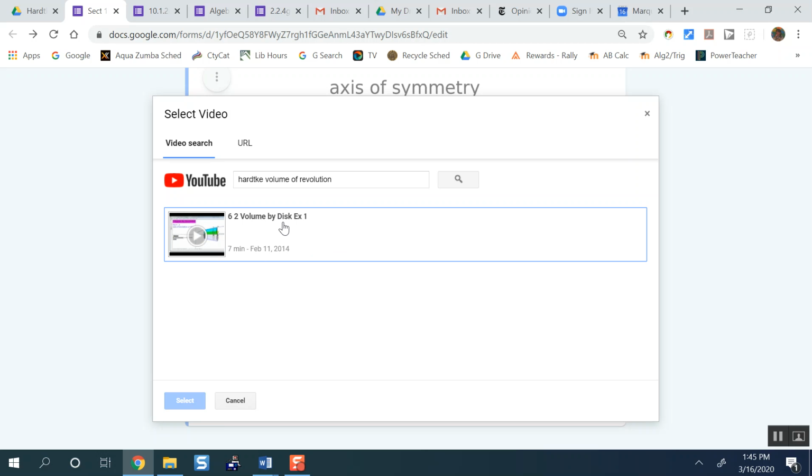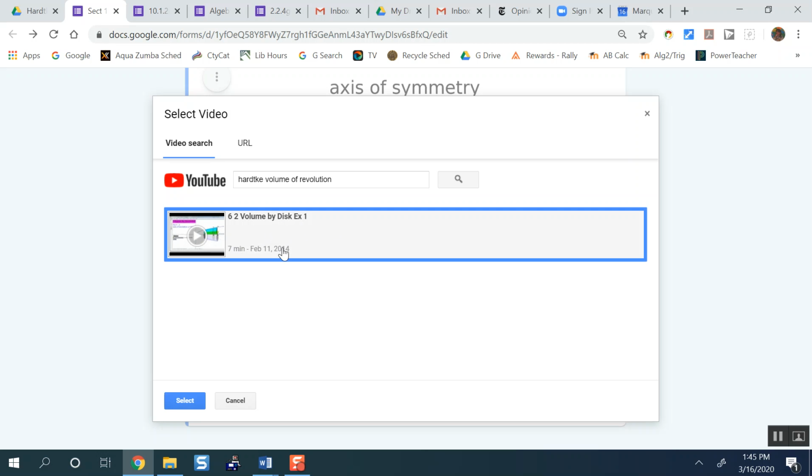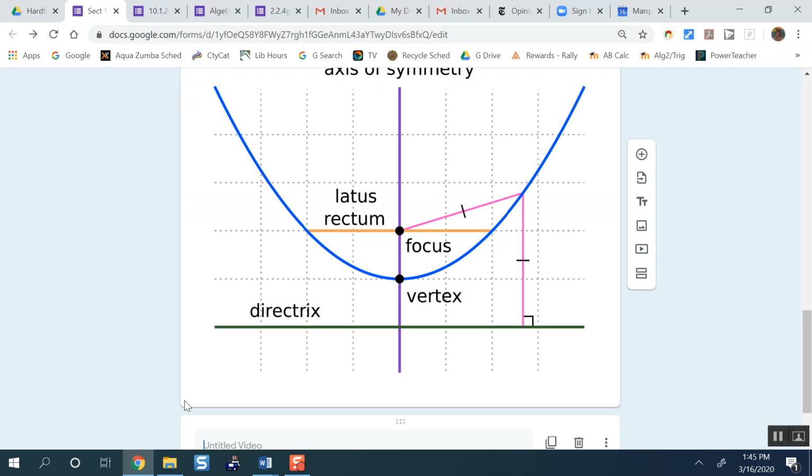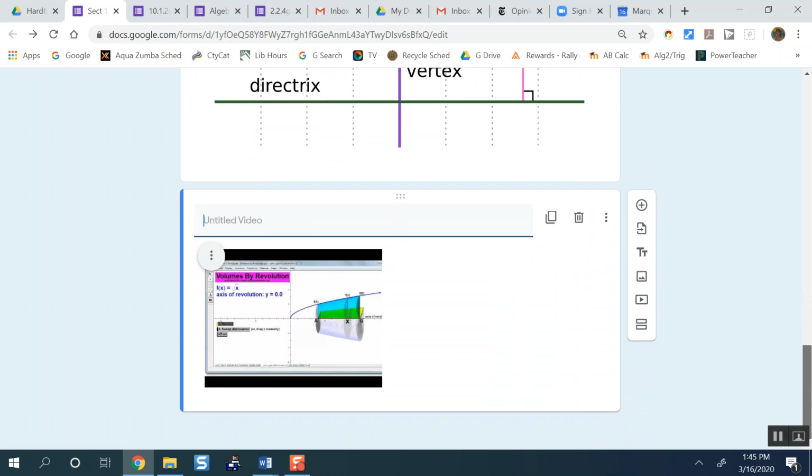Once I click on it to get this blue outline, then when I hit the select button, it will insert the video. And again, I don't have to put anything here, but I could say watch and learn before answering question 3. All right, and then question 3 could be